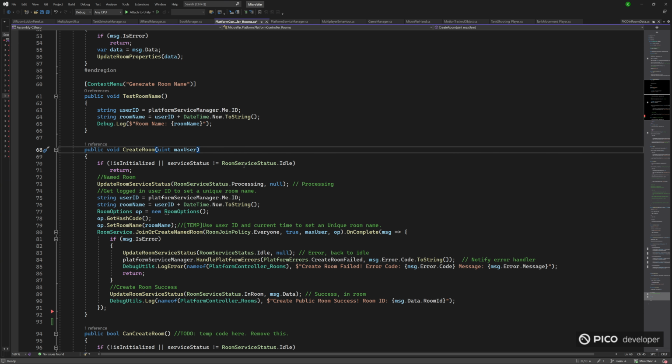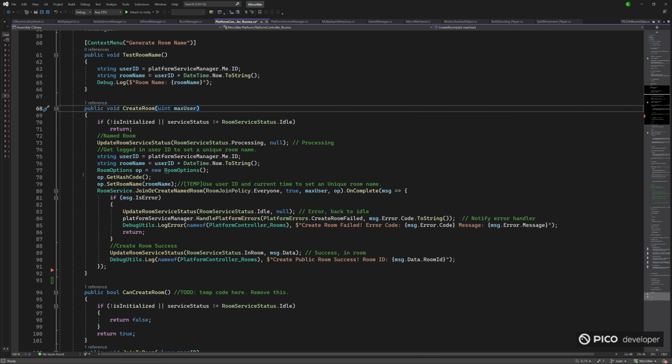Make sure you have the max users, set up the different options for the rooms, and then we're using room service, join or create named room. And you need a specific unique username and the room name to create the room. The room name needs to be unique, so we always use a user ID and some kind of time, just to make it easier to always create a unique